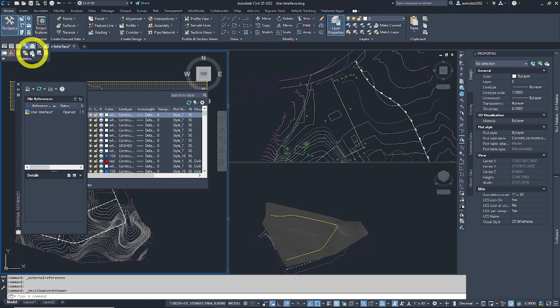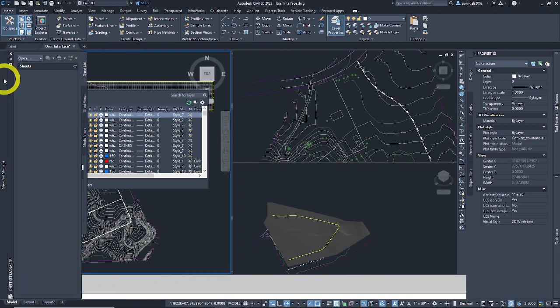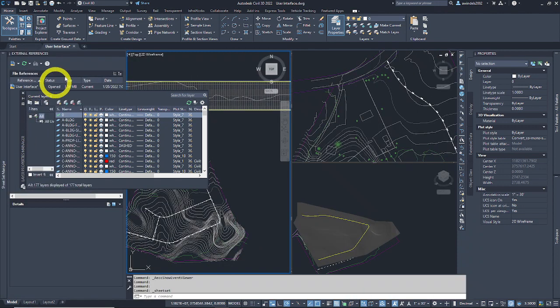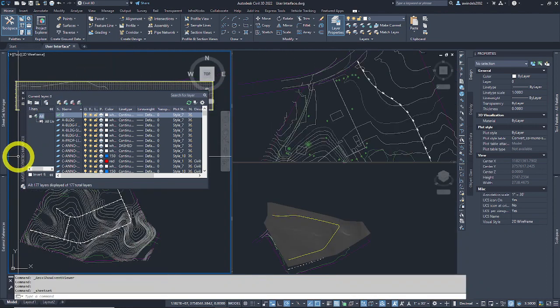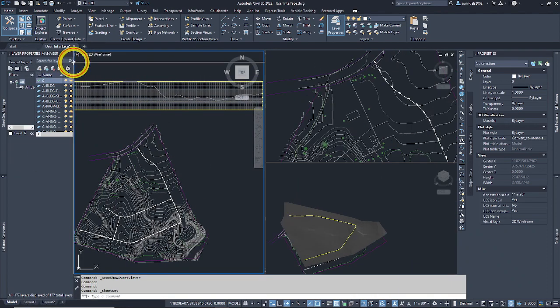I'm going to turn on my sheet set manager. That's also something I use a lot when I'm printing sheets. I'm going to start dragging these to the left, holding them like that so they dock. I'm going to use this auto hide button here. So when I hover on them, they pop out, but when I hover off of them, they go away. Do the same with my external references manager. Hide that. My layer properties manager, I'm going to move that in there,